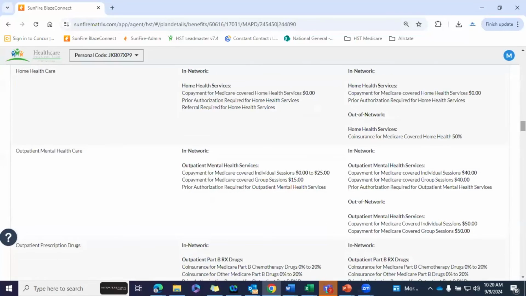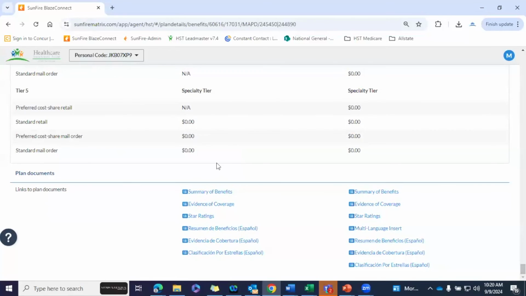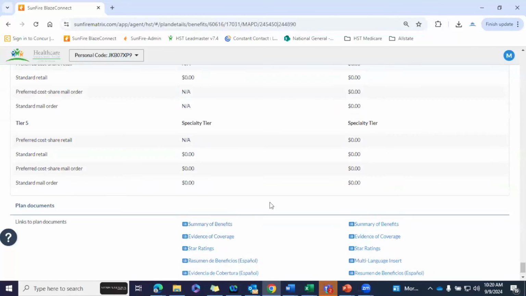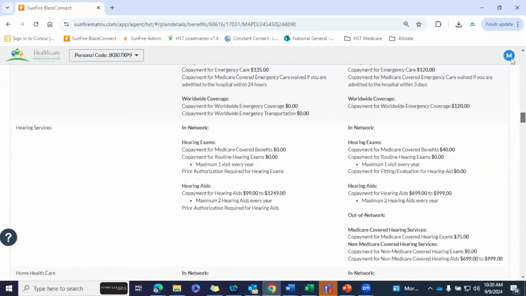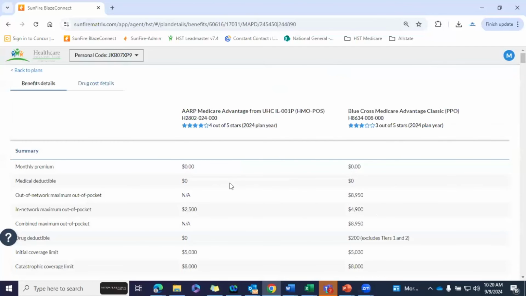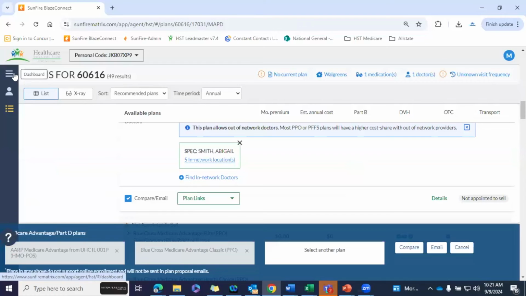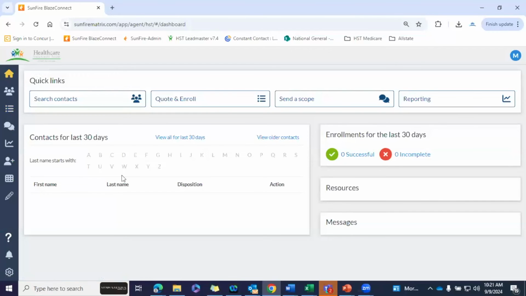And I believe at the bottom here too, you can pull up, so this is directly through the carrier, right? The summary of benefits, evidence of coverage, star ratings, all this good stuff. You can click here and pull it up, and they'll give you the links from the actual carriers, which is super duper helpful. I'm not going to go into all the little nitty gritty details, but that is a nice quick overview of how the SunFire platform looks